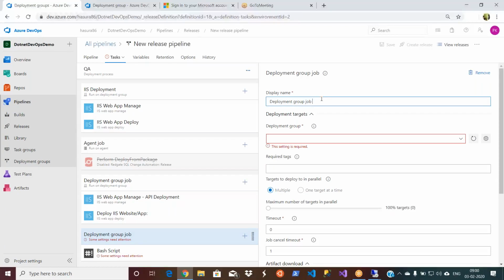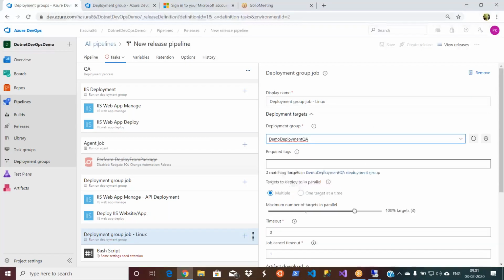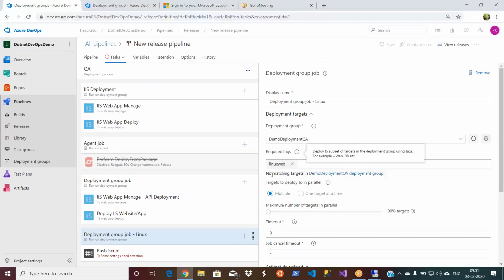I select my deployment group, and then I give the tag as Linux web. That's it. Of course, it is saying no matching targets, because I don't have anything.